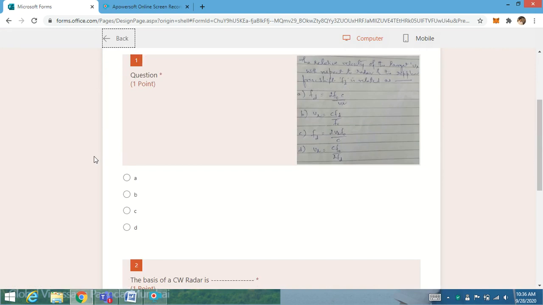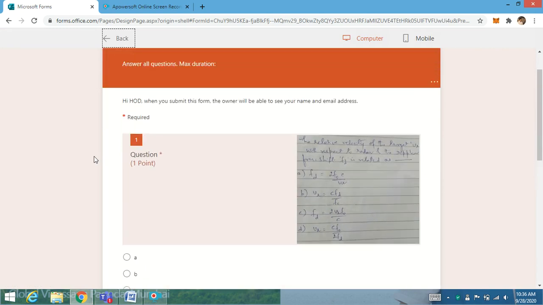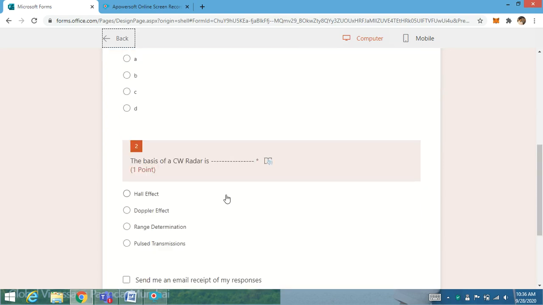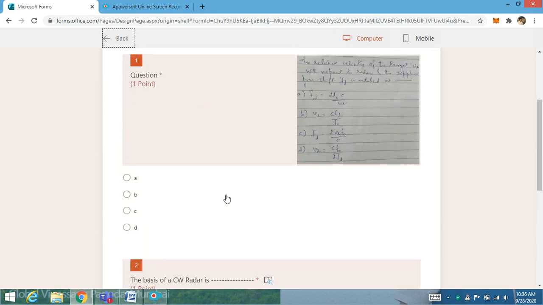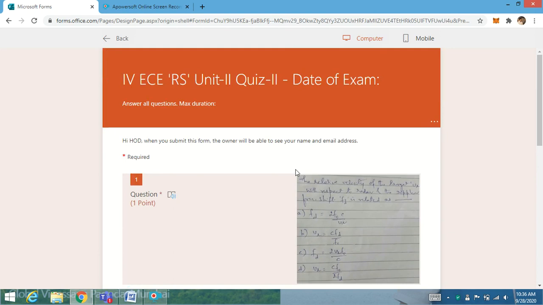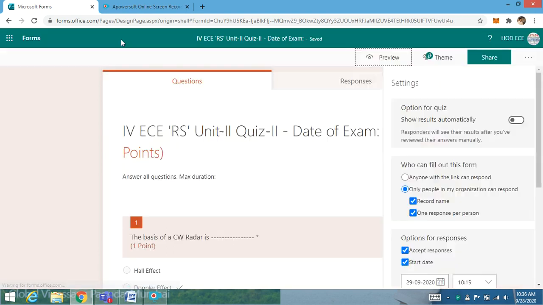Okay, so say for example, now as you can see, I have shuffled the questions. Actually this was question number 2, so it has come as question number 1, and question number 1 is now question number 2. So the questions have been shuffled. Let me put the answer here. Say this is B, for example, and I have taken this A, and send me an email of the response, and then you click submit. Okay, so this is how the students will complete it during that time.